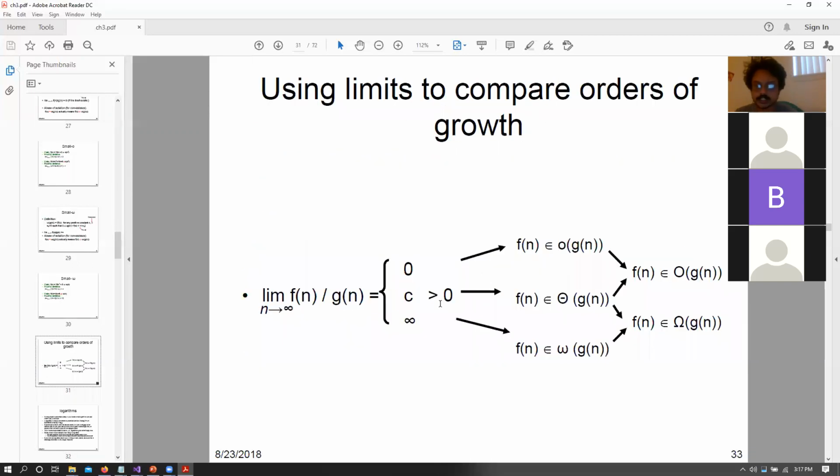Okay. So in general, we have the limit of f(n) by g(n). If that equals 0, we have little o. If that equals infinity, that is little omega. And we also have the corresponding big theta for this. So if the limit is greater than 0, we have big theta. And if a function is little o and big theta, we can say that it is big O, because it is also bound by the value of the limit. And if it is big theta and little omega, we can say that it is big omega, because it is also bound by a big theta. Okay.